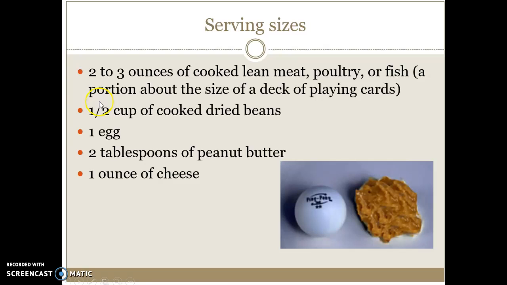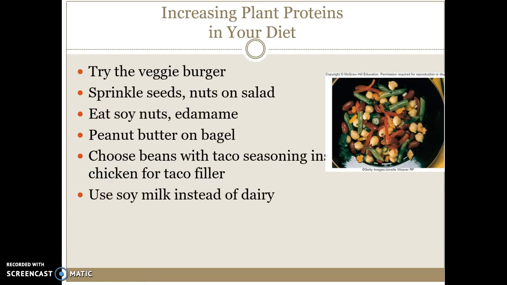Well, you actually looked this up. This slide is not showing very good equivalence because I think it's only a quarter cup of dried beans, 1 egg, 1 tablespoon peanut butter, and 1 ounce of meat that are equivalent. I don't think that's important right now, but that is something that we have to talk about and think about: what equivalent protein sources are.